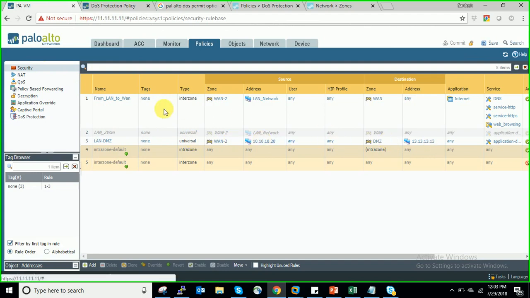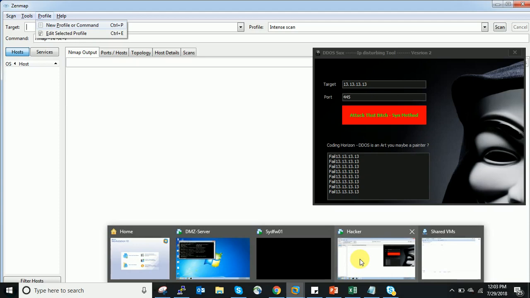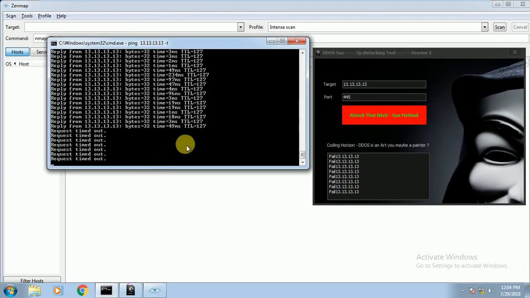So I have done the NAT also. I'll show you the NAT which I have done. This is 13.13.13.13. This is the destination NAT which I have done. Means if anybody from outside wants to access my server,